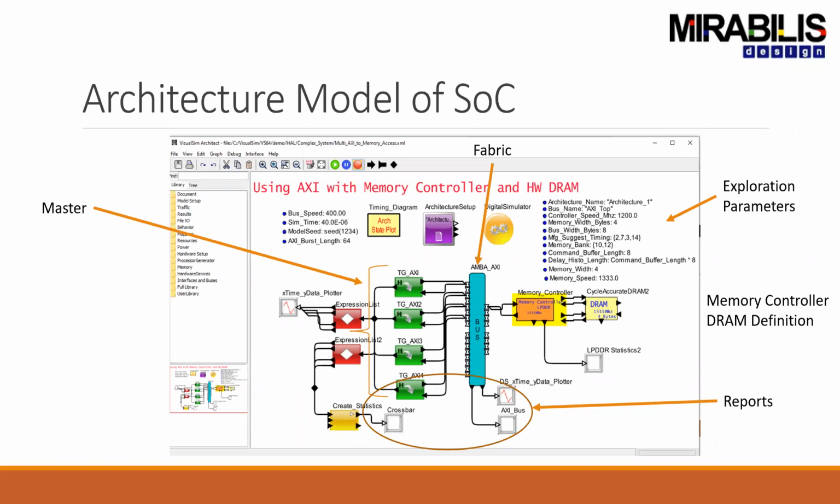You've got the masters, you have the fabric, of course you have the memory controller and the DRAM, and of course the key aspects are the exploration parameters and the reports or the analysis tools that are part of the design. So I'm going to take a quick break and make sure that